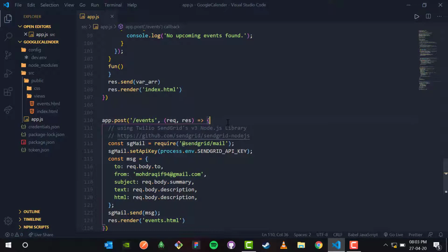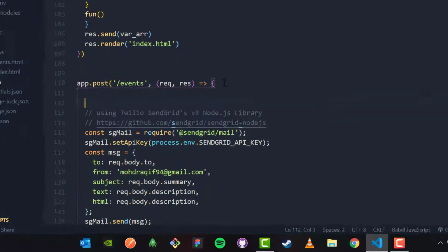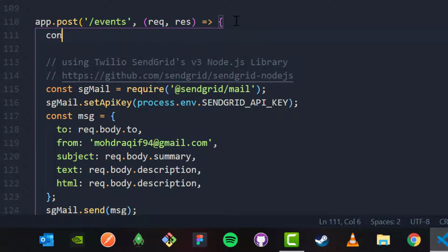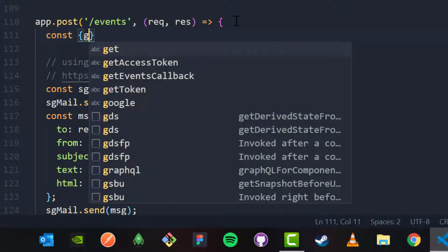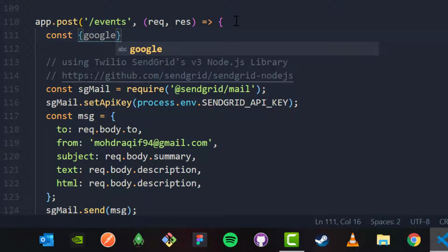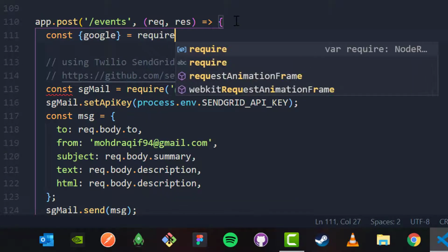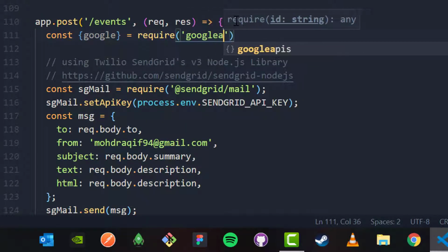Now we will work on how to make events from our app into our Google Calendar. So this will take a lot of coding, so follow me along. I'll do it quick. So inside this POST request we have const google object. Google is required from the googleapis,